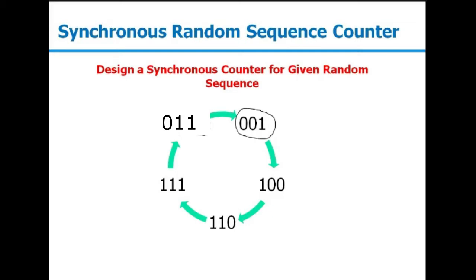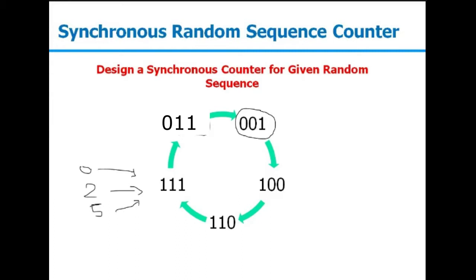If you look in more detail at this particular circuit, we have some unused states. What are those unused states? The first one is 0, then we have 2, then we have 5. 0, 2, and 5 are the unused states in this particular sequence. As discussed in the last class, either you can take them as don't care, or you can pre-assign any valid sequence to 0, 2, and 5. So whenever 0 comes, it goes to 7. If 2 comes, it also goes to 7. If 5 comes, it also goes to 7.